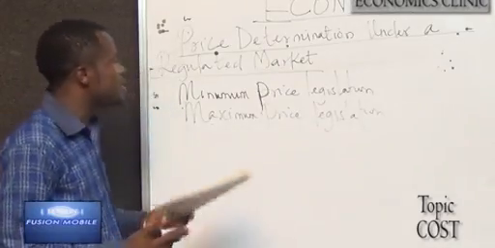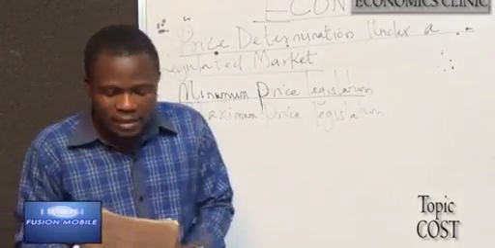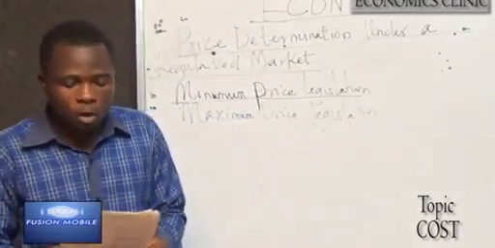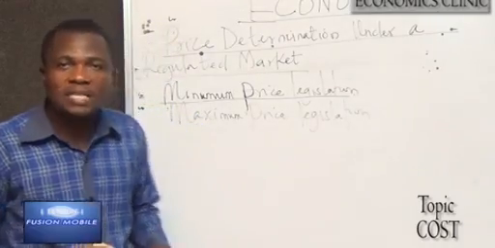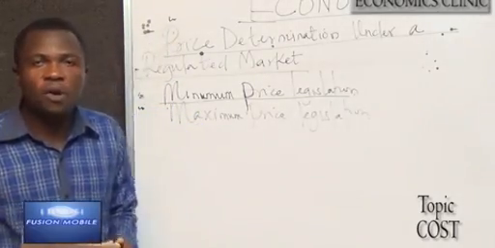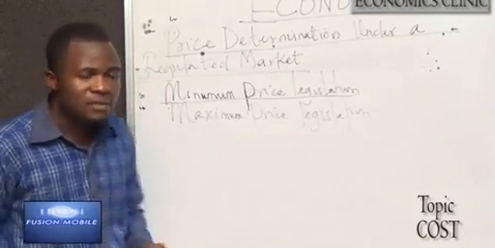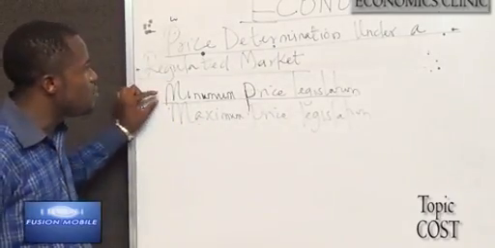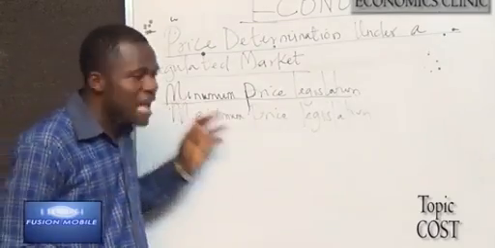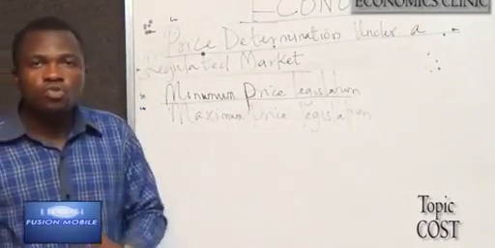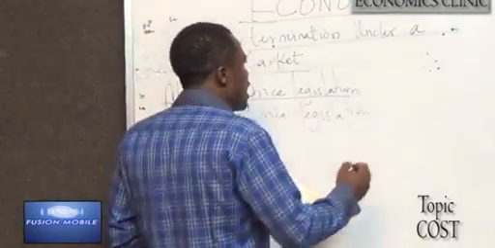Now, minimum price legislation. This is the smallest amount of money at which a commodity is to be sold, fixed by government. Minimum price legislation can also be referred to as price floor. Nobody is allowed by law to sell below this price. The reason why government fixes minimum price legislation is so that they can determine the minimum wage rate to pay to laborers or workers. This can be explained using a graph